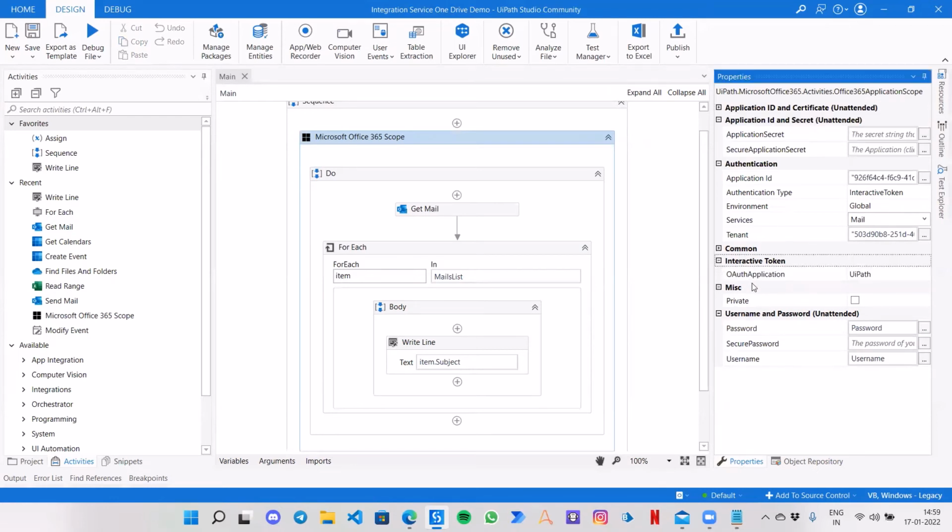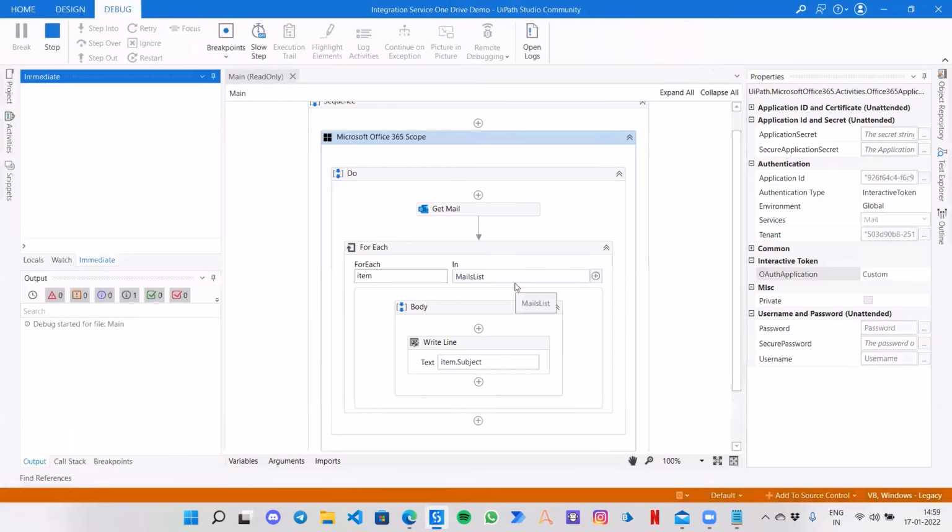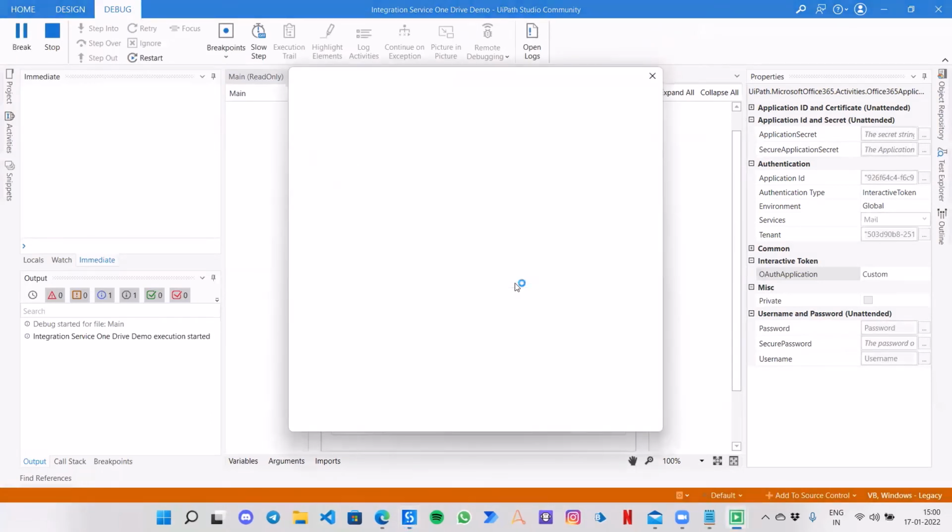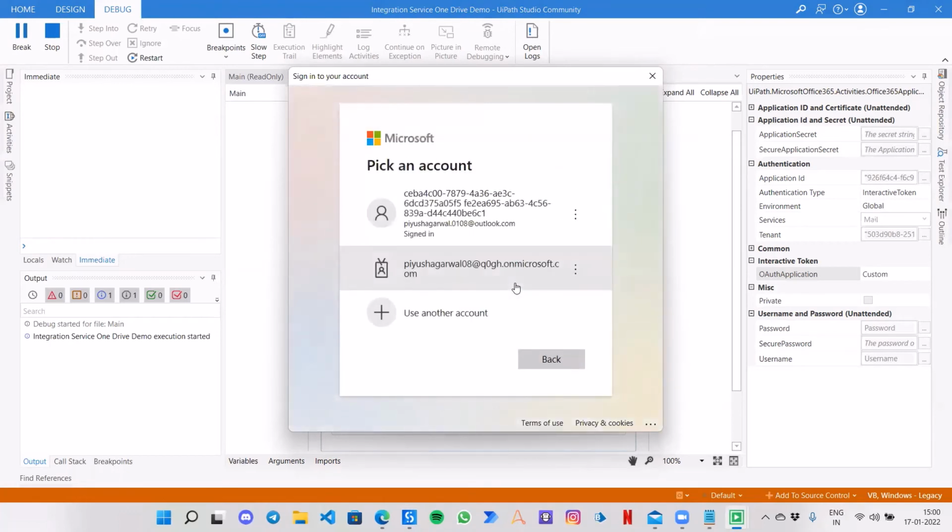One more thing, very important to notice in the interactive token type: when the OAuth application type is UiPath, you can only use work or business accounts. But if you want to use any of your personal accounts, then you need to select it as custom and then run the bot. If you try to enter a personal email in the UiPath auth application type, it will give you an error.